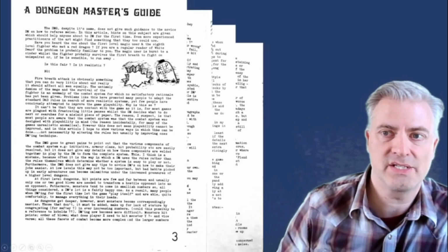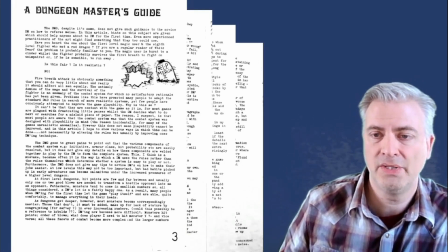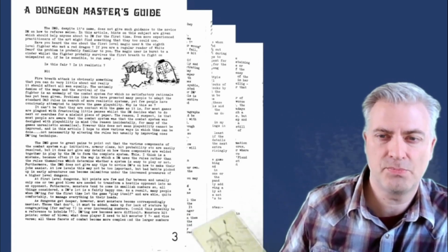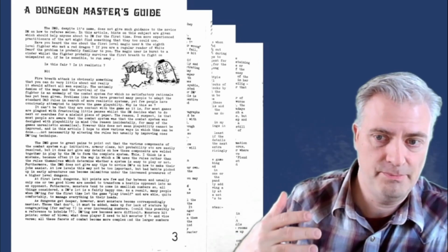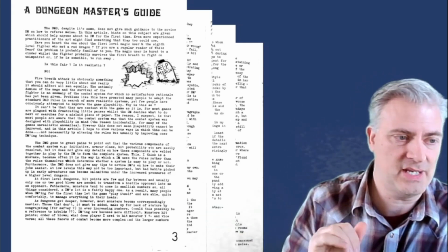The first article is a Dungeon Master's Guide. Like a lot of these well-written, thoughtful articles, this one is something that's equally applicable today as it was back in the 1980s. It's targeted towards a young dungeon master, trying to give you some ideas of things to keep in mind that you'll learn with experience, which is you can easily get, and they say, you can easily get